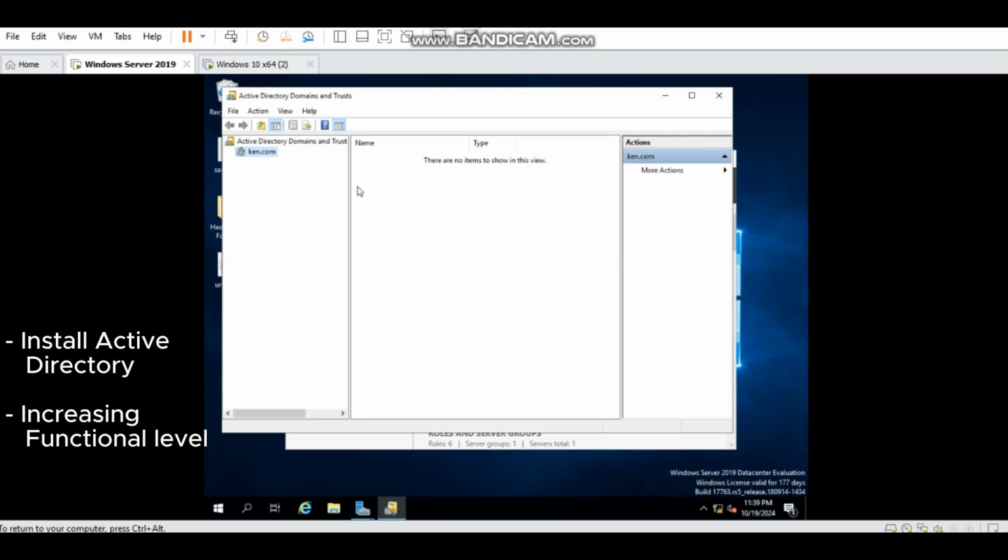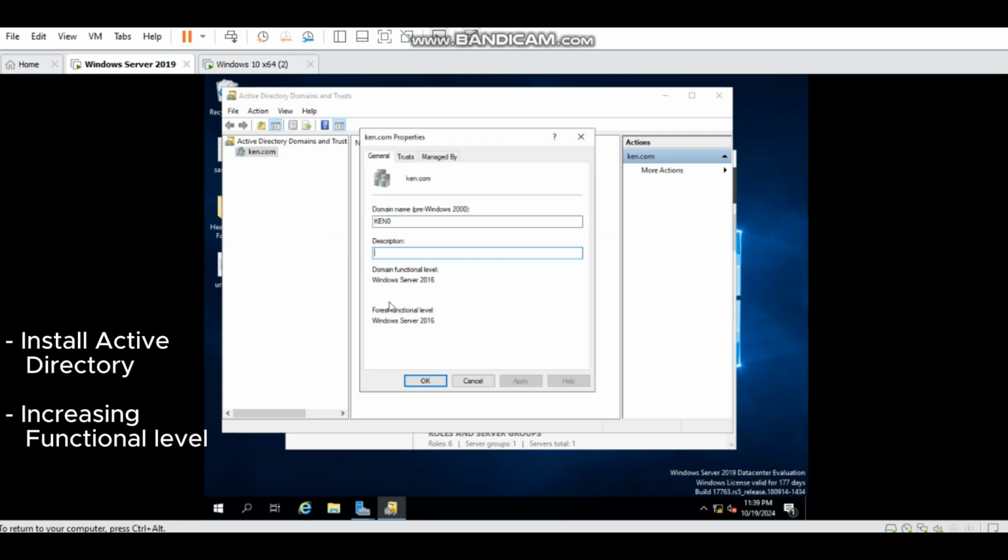If you want to view your domain and forest functional level, right-click your domain and click Properties. And here you can see your domain functional level and your forest functional level, which is mine is Windows Server